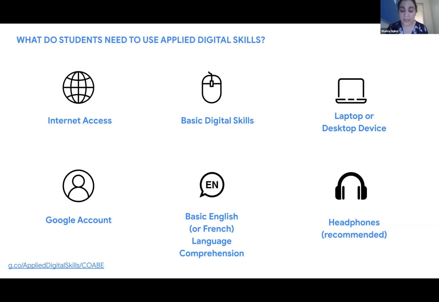The first one is headphones. Obviously, if you are teaching more than 5 students in a classroom, each one of them is working at a different pace on a different lesson, it can get kind of loud quickly, so we sometimes recommend that there are some headphones present. And the last one is some basic English or French, and possibly very soon, Spanish language comprehension. We design and write our curriculum at the lowest language level possible, and the second webinar goes through this in more detail, but there is some basic language comprehension required.